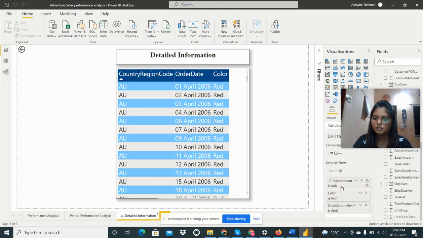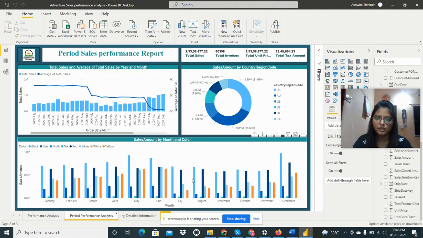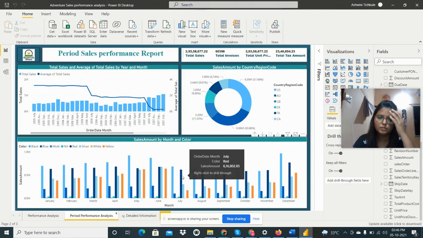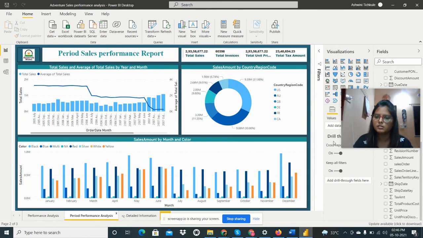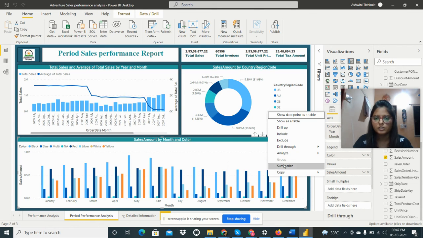Okay, the sales amount here, and then I need to give the action for that particular drill through, so that I can drill through from this chart by right clicking here, go to drill through, and then that detailed information.